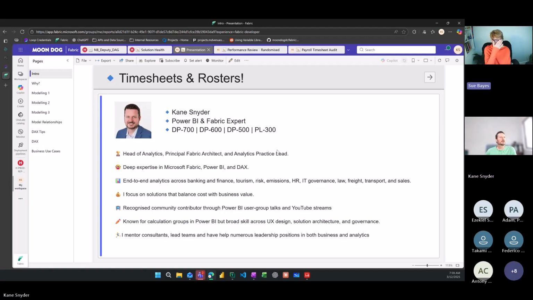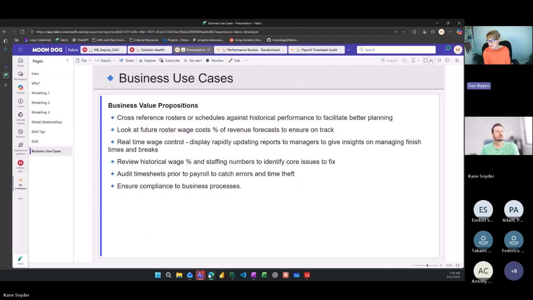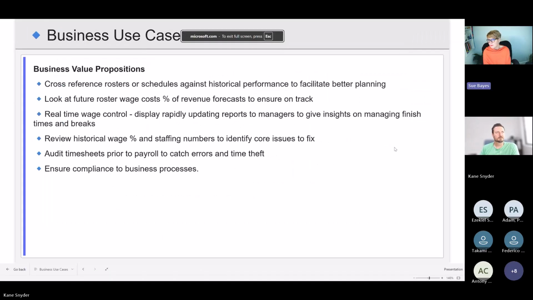I mean, it's such a fabulous thing. It's the next step, really. It's the so what, isn't it? So you can see the fact that someone's had a long break, but they might have had a long break because they were doing something which you knew about. So you can approve it instead of having to go into another software system. Exactly, yeah. So they just do that before payroll.